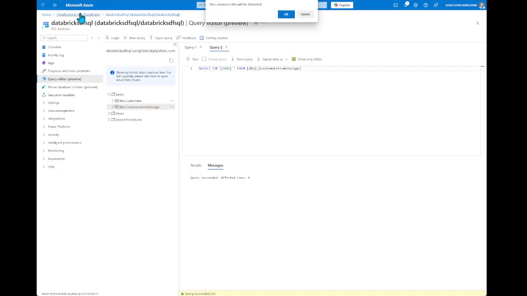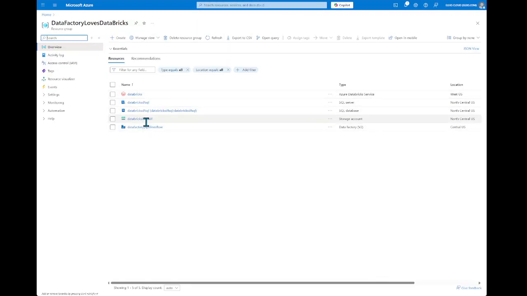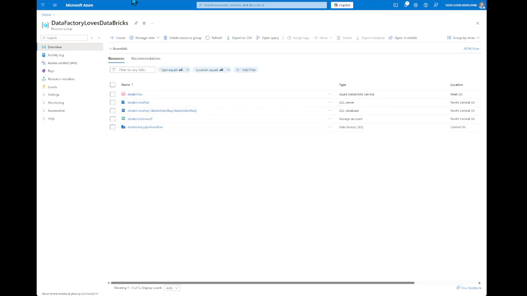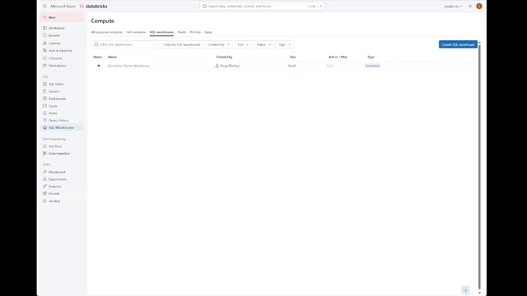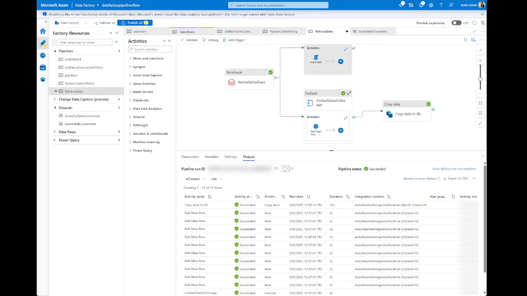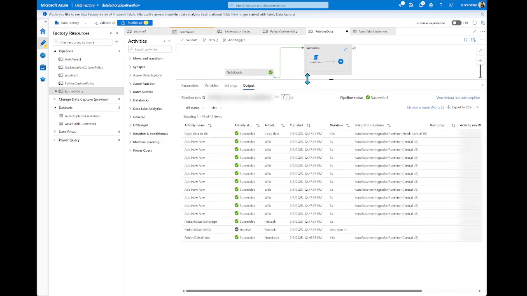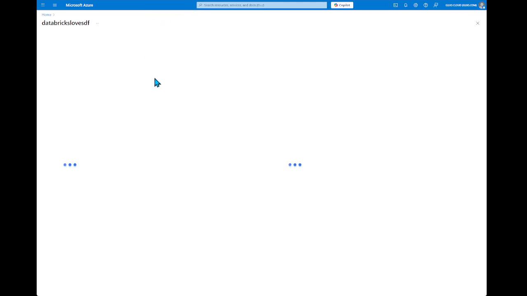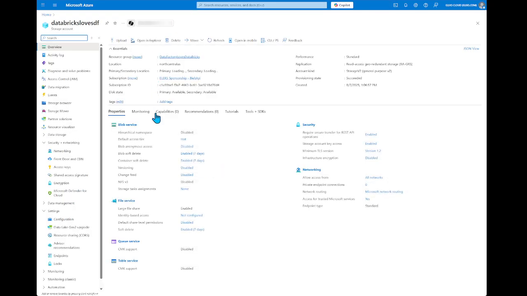Here we have, let me open the storage account and SQL. Okay. Oh, already processed. Okay, while I'm opening, is everything processed?